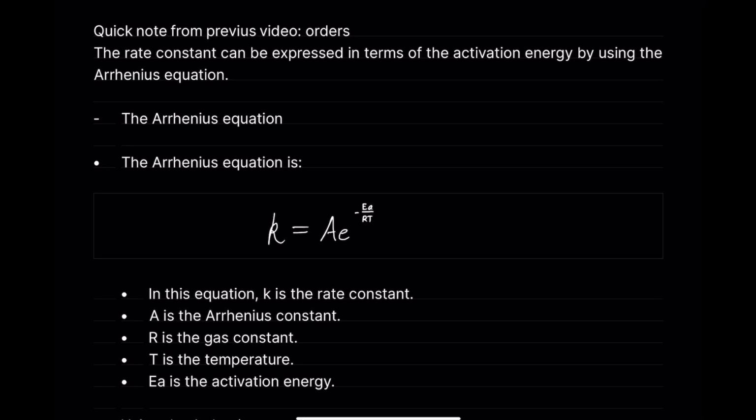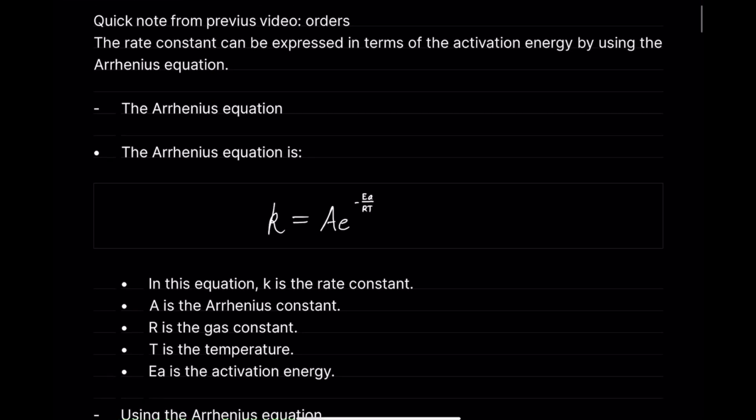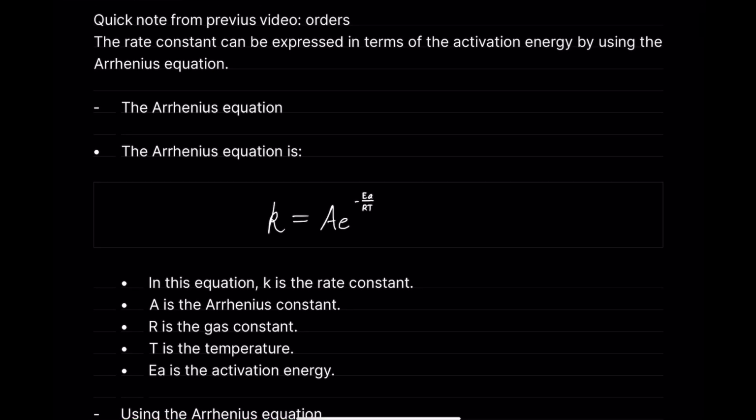So the Arrhenius equation. This equation is what we understand as the Arrhenius equation. And that's k is equal to A e to the power of minus Ea over RT. Right? So this is given to you in your exam. But if you're looking at this thing,